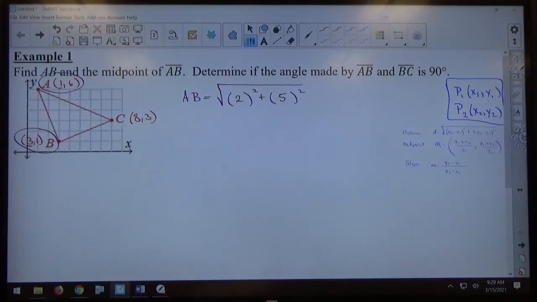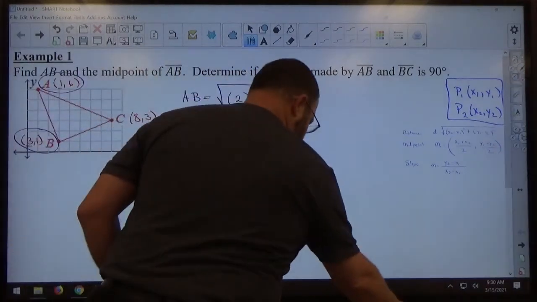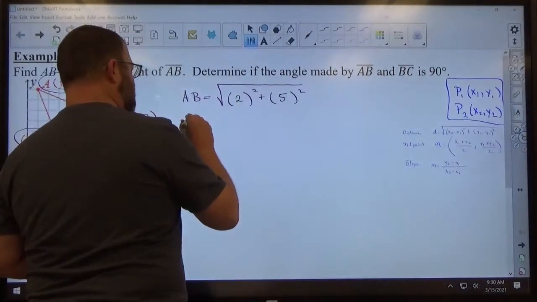So again, the distance formula officially is written over there, but x2 minus x1 is just how far apart are the x's. y2 minus y1, how far apart are the y's. That's what you're trying to fill in. Then you just do good math. So the order of operations here